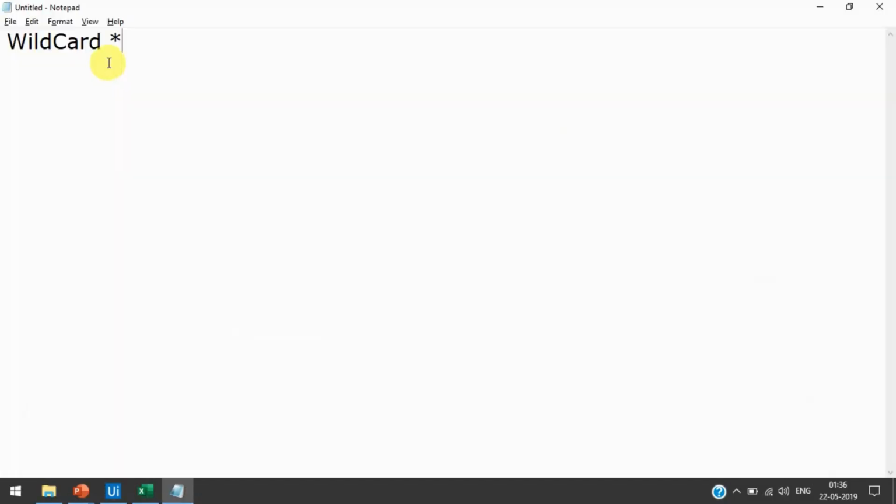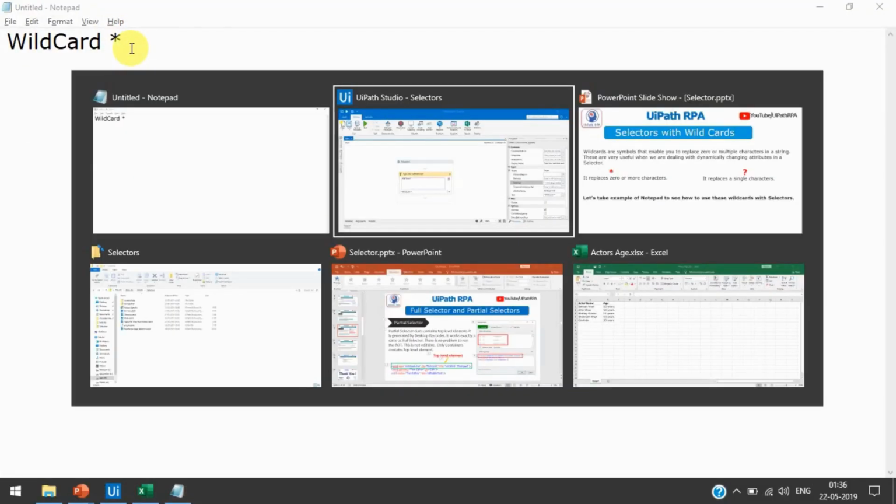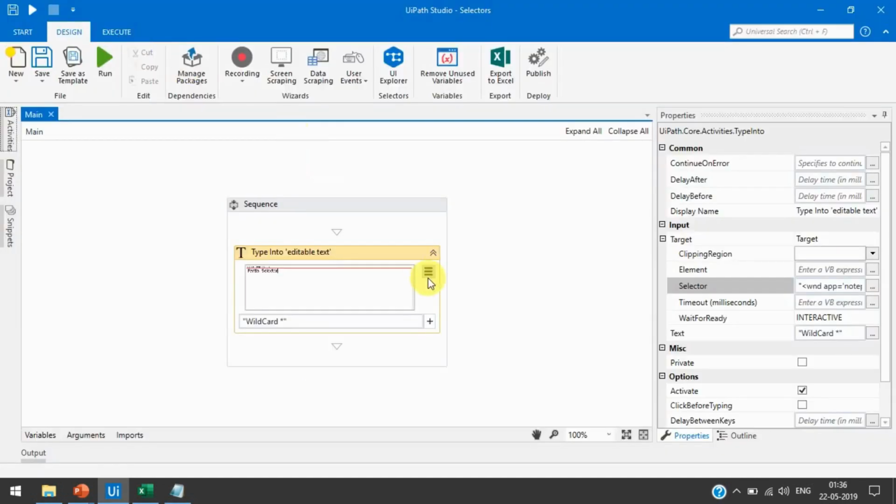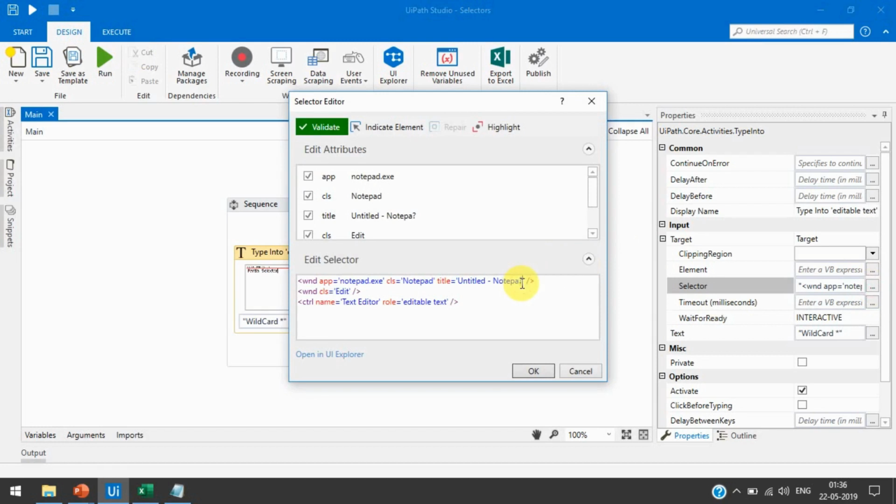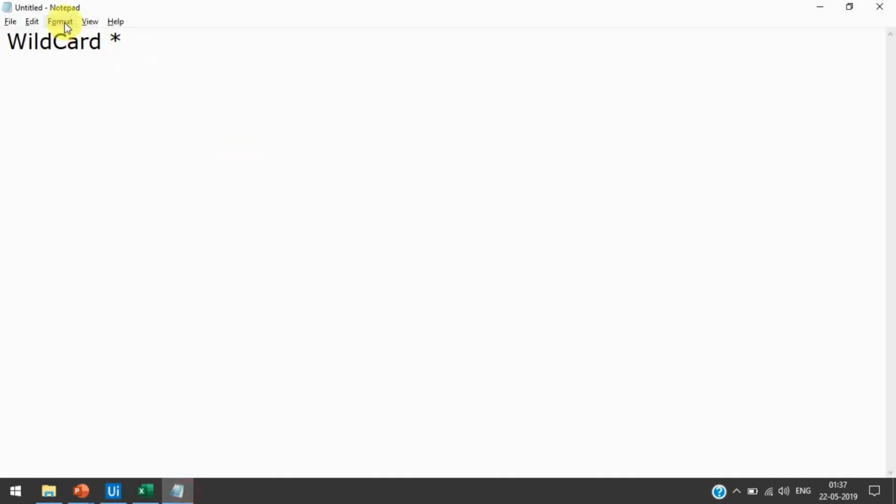Now you have seen it has worked because we have used the question mark wildcard in the selector, right? So it can take anything. If you change the file name from Notepad to Notepad, changing from D to C, then also it will work, right?